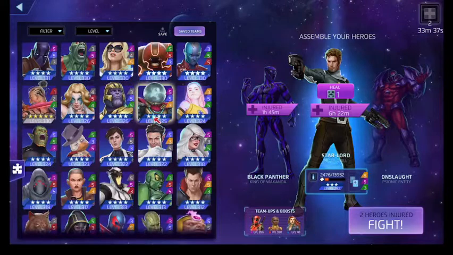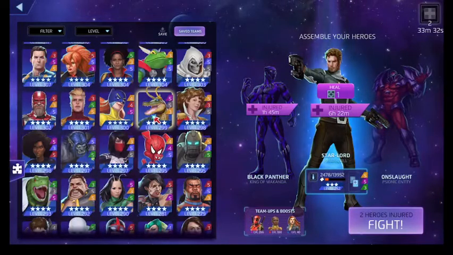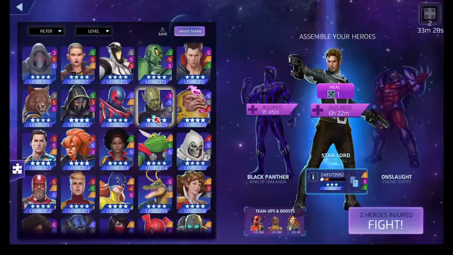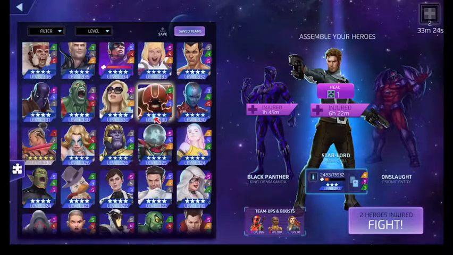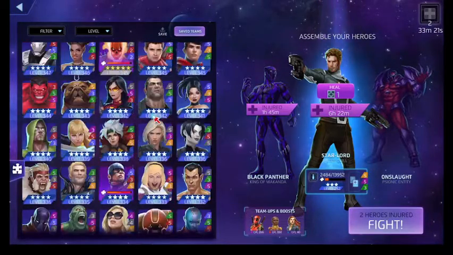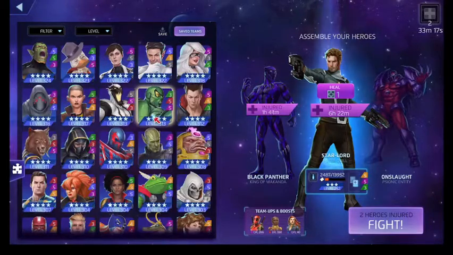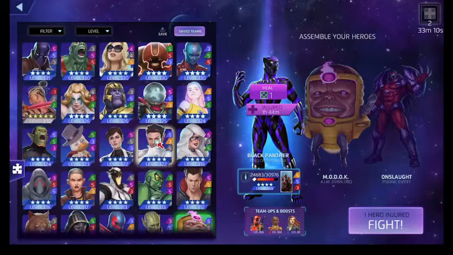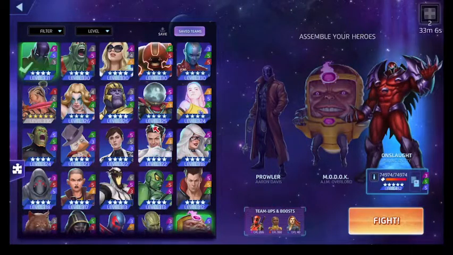Alright. Here, we're actually going to switch it up a little bit. We're actually going to do what the AI is doing. And that's using MODOK. If I can find MODOK. Oh my goodness. Where are you at, you big-headed? There he is. We're going to use him. And we're actually going to use our Prowler. And then...